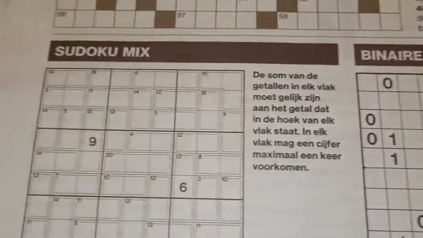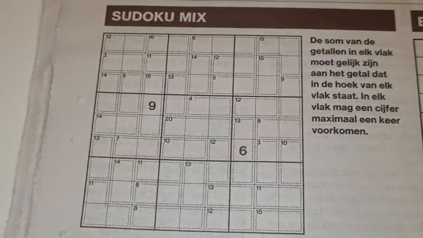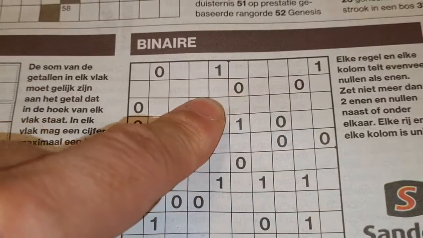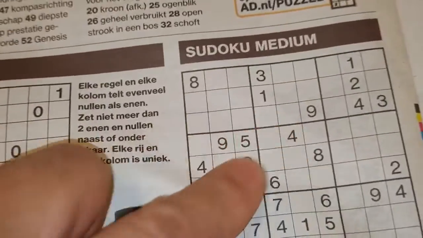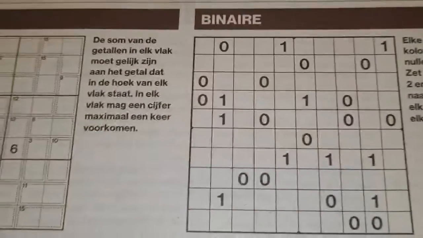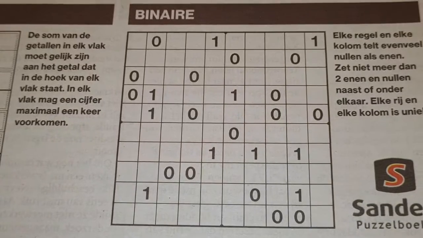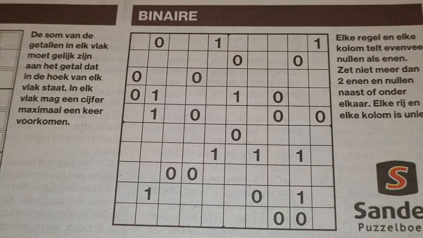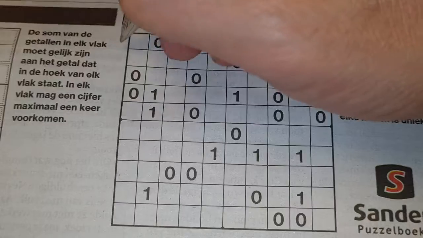We have here in this newspaper three regular Sudokus, Killer Sudoku, aka Sudoku Mix. Then we have a binary and a medium Sudoku. So three regular Sudokus. And in this newspaper we have also an additional one with 6 extra puzzles. But first I will solve this baby number